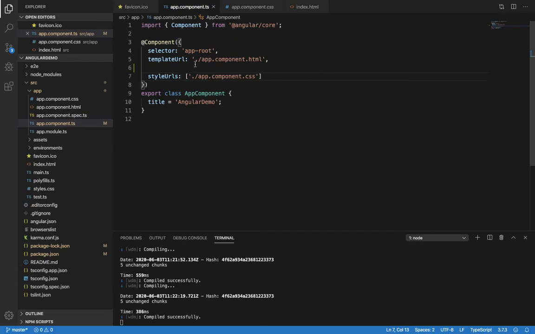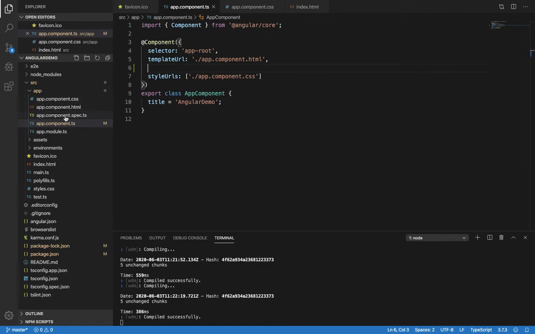So what does this dot slash refer to? If you are in the same hierarchy, then you use a single dot, and if you are referring to the parent hierarchy, then you write double dots. We will discuss this in more detail in our further videos, right?